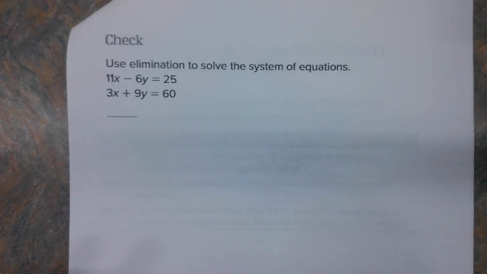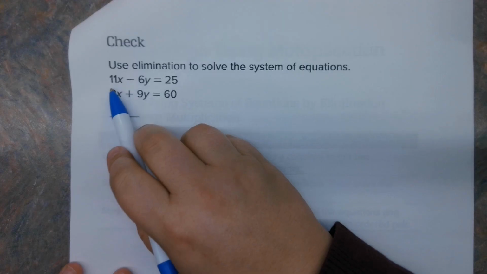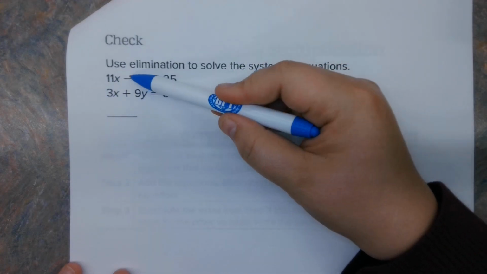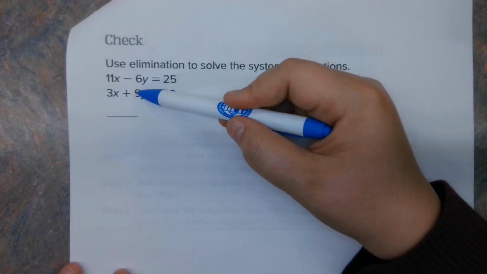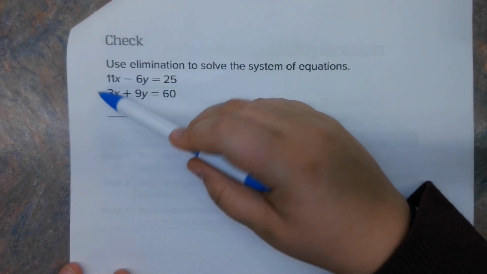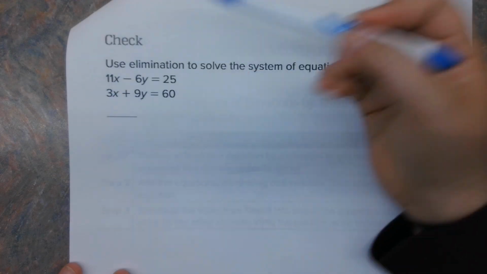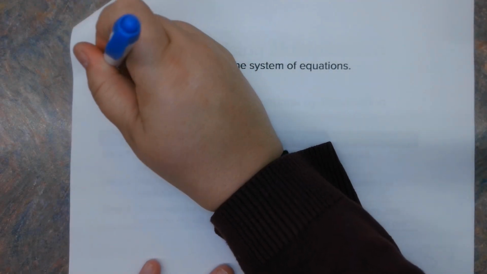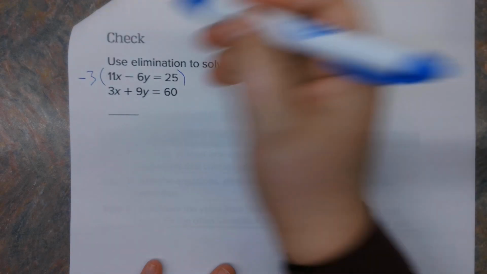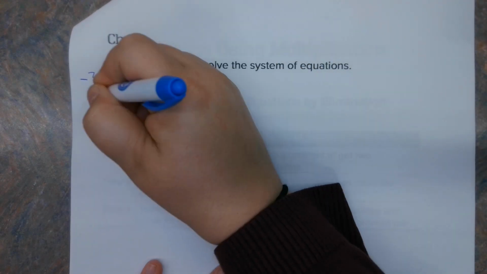So I'm a little weird. I like 11s. So I'm probably going to do this one. You could do this one already because they're already opposites. So you could do 9 times 6 and 6 times 9. But I'm going to go ahead and do this one, and I'm going to use a negative on one of them. Okay, so I'm going to actually do negative 3 up here, and I'm going to do positive 11 down